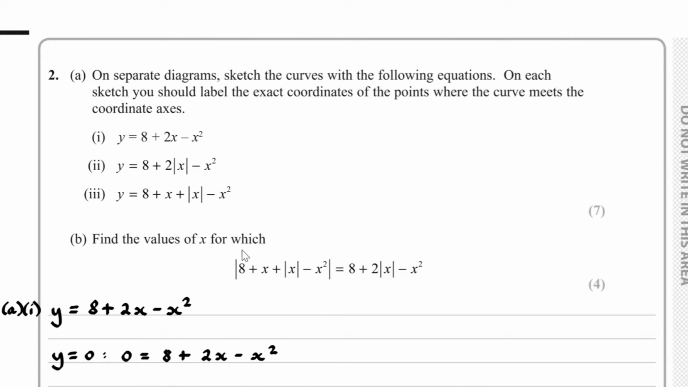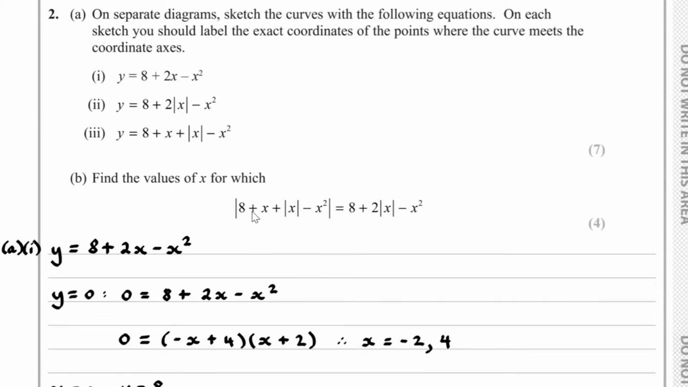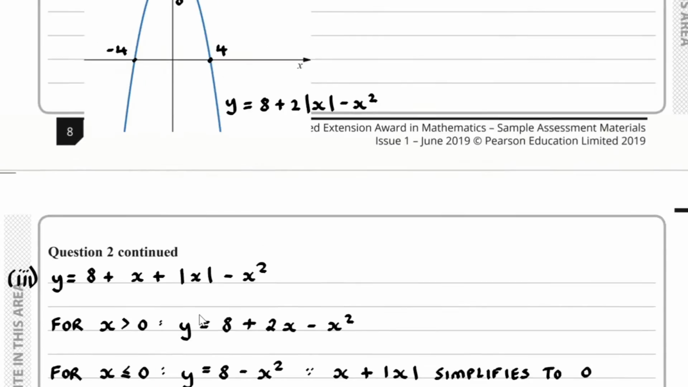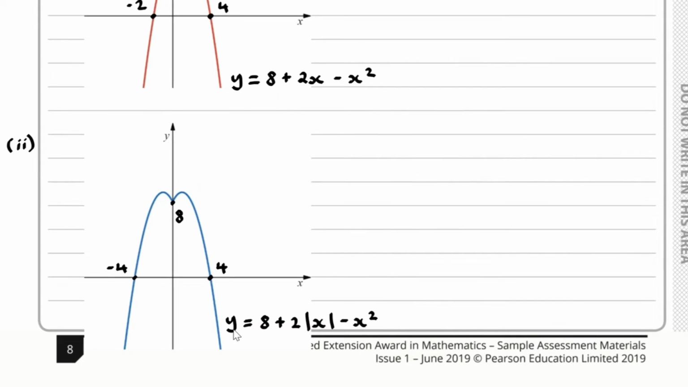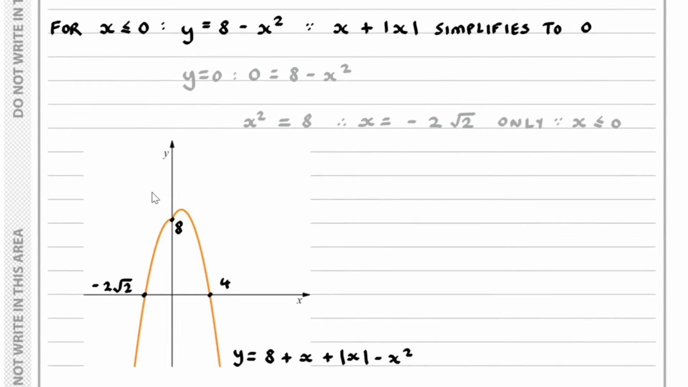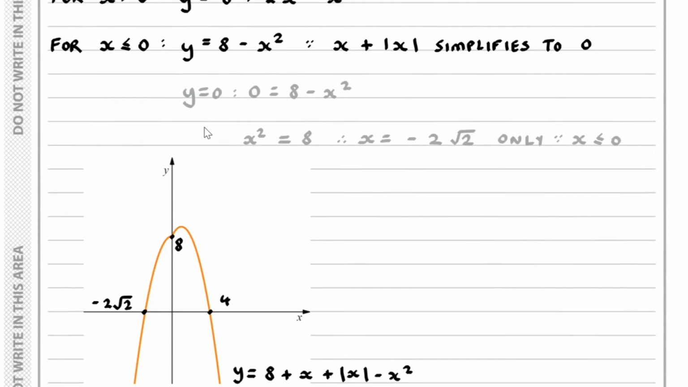For part B of the question, we have to find the values of x for which the absolute value of 8 plus x plus mod of x minus x squared equals 8 plus 2 times the mod of x minus x squared. Now, this graph, without the mod symbols, we've drawn in the third part of part A. We did that over here. And then the other part we drew over here. And what we need to do is mod this graph so these bits here will be reflected in the x-axis, and if I draw my original graph with it,